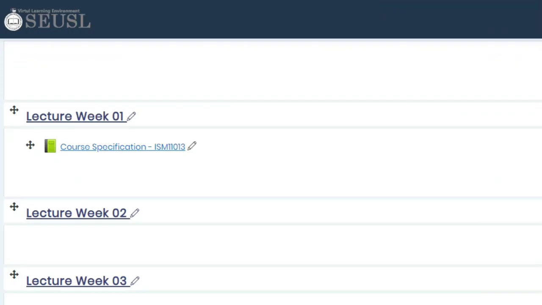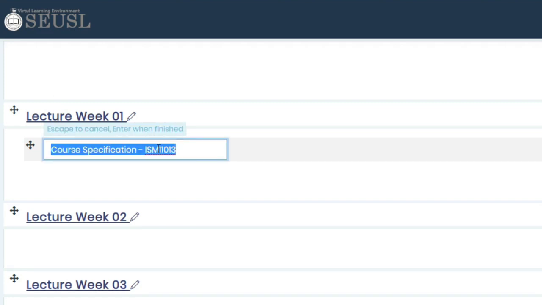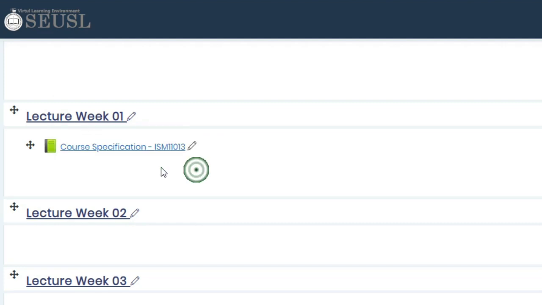Now let's see how we can add contents to the book. Here we have a pencil icon. This pencil icon is to change or rename the book title. You can click this pencil icon and you can rename or update your book title if you want. To add contents to the book, here we have the book title. If I hover my mouse over this book title, I can see the hand tool. So I'm going to click on this book title.